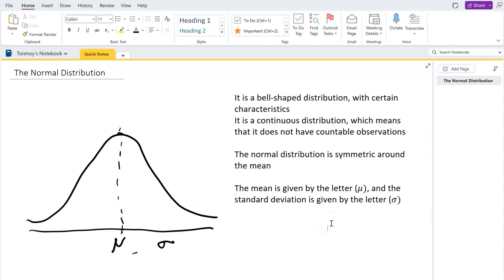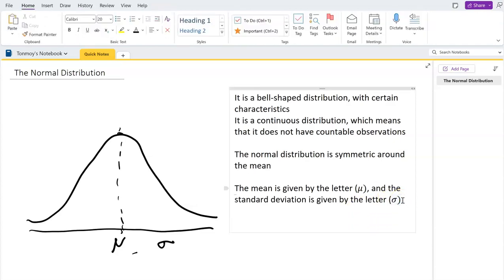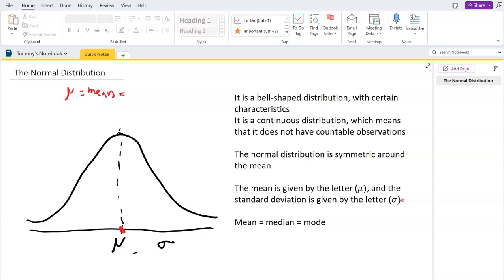Now, one of the things about the normal distribution that is unique is that for the normal distribution, the mean equals the median, which equals the mode. So since it is symmetric and the mean is right in the middle, our letter mu is going to be the mean. So mu equals the mean, which also equals the median and also equals the mode. And sigma is the standard deviation, so it tells us how spread out